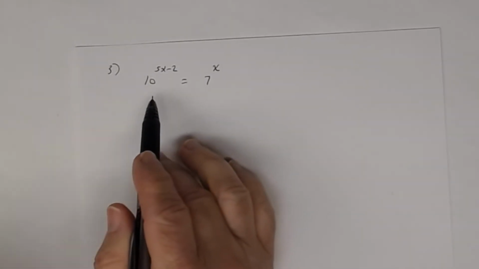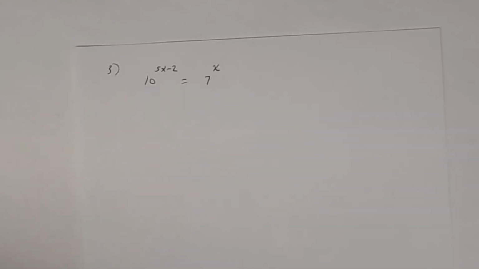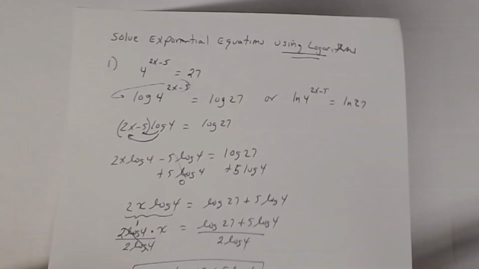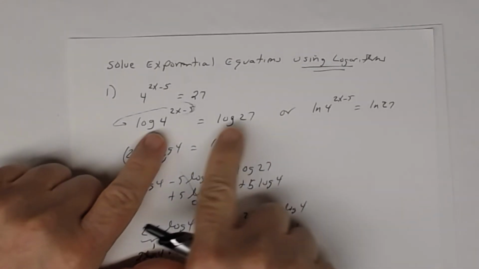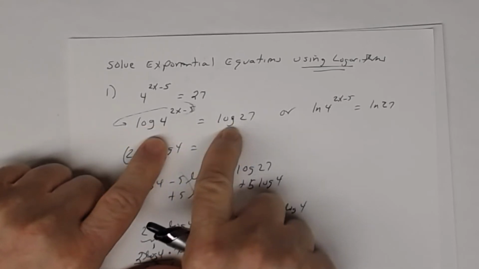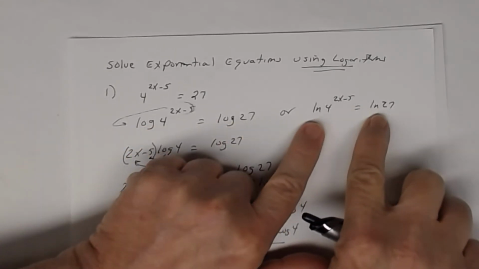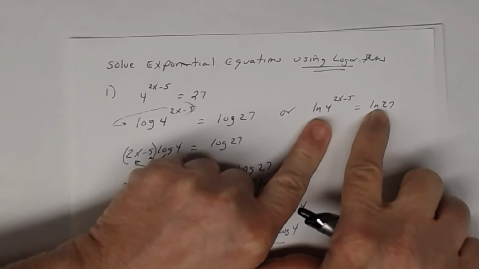Let's look at number 3. So number 3, we have this. Now, I put this as number 3 for this reason. I want you to notice that when we did number 1, we said that we could take the log of both sides, that common logarithm, or we could take the natural logarithm of both sides, right? Well, whenever the base is 10,